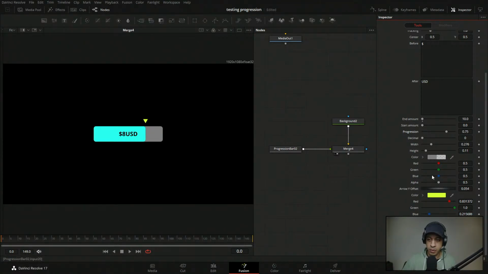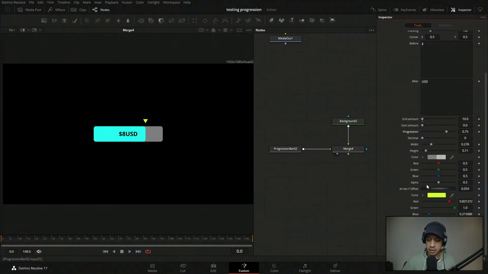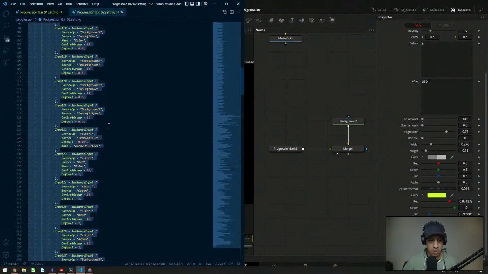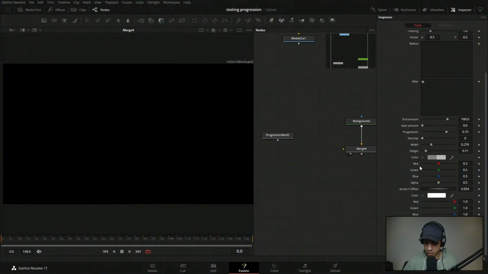So I'm just going through and making sure that all the stuff in the inspector is properly labeled correctly, and all of the parameters are in the correct order that I want. So that's what I'm doing right now. So let's take a look at this one more time before I change everything. All right, so